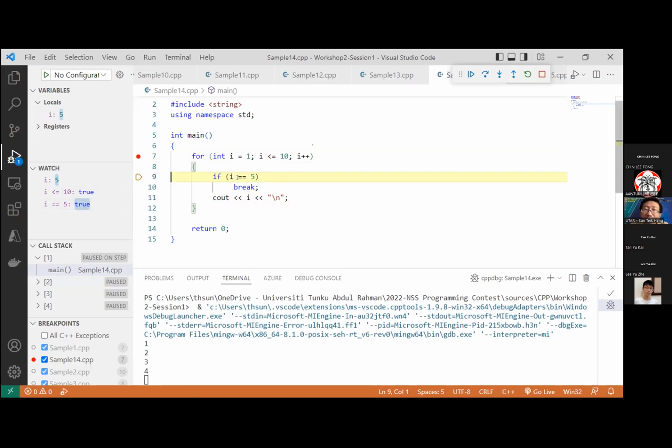Because the condition is true, it will now enter the body of this if, which is line number 10. So you go to line number 10, and you will then execute the break. When you execute the break, that means you exit. You're asking to stop doing everything inside the body of the for loop. So when you execute the break statement, you exit the for loop immediately and go to line number